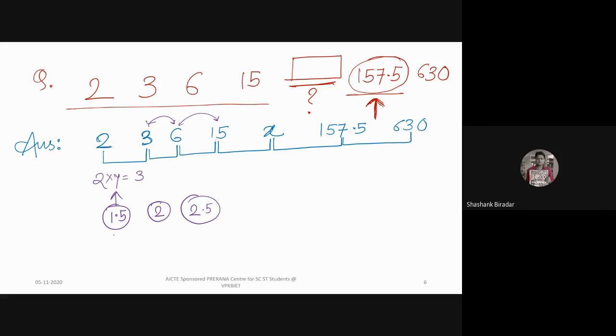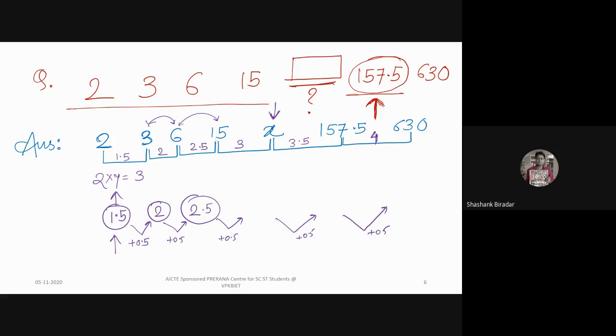So you can observe that the multiplication factor is starting with 1.5 and it is gradually increasing by 0.5. 1.5 plus 0.5 is 2, then 2 plus 0.5 is 2.5, then again this has to be increased by 0.5, so we must have 3, then 3.5, because here x is unknown and we are going to test our logic whether we are proceeding correctly or not. Am I right? Ultimately it goes to 4.